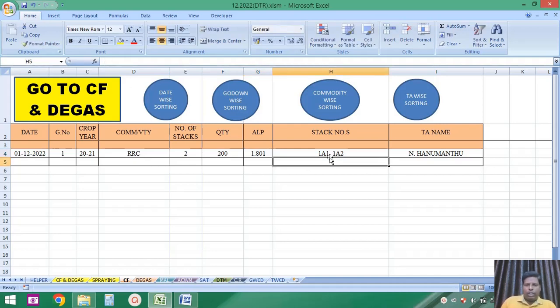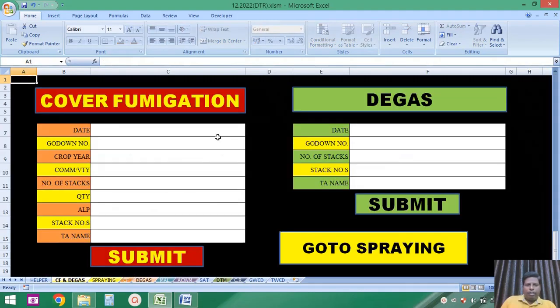There is no need to worry about the corrections. We can do it at any level. So this is the entry form regarding the cover fumigation. Same just like that, in the degassing also we have date, godown number, number of stacks, stack number, and TA